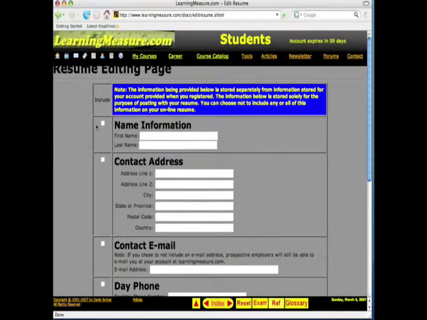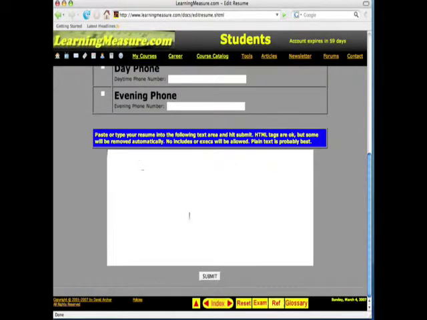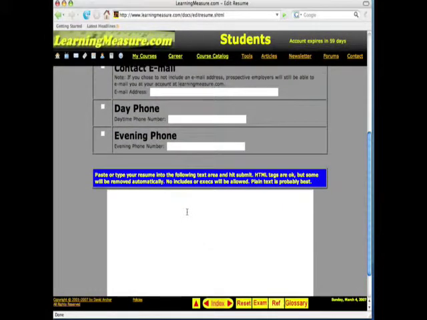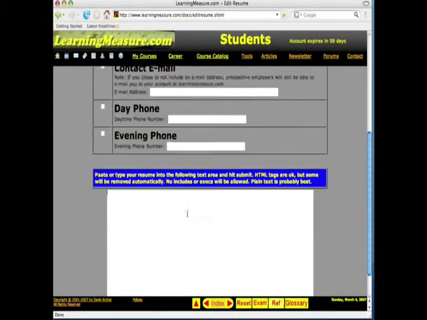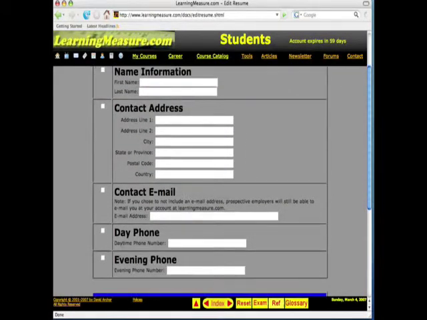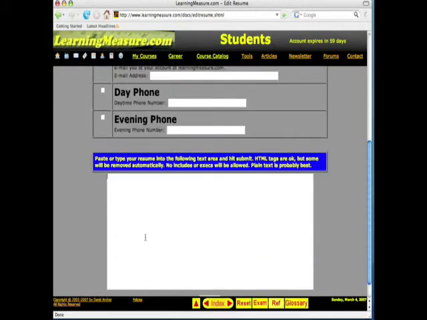Now, everything you click here is stuff that's included in your resume. And then this very last field is a large text box for putting in your resume. You can enter some limited HTML tags, but a lot of them are stripped out automatically because we don't want any monkey business going on with people posting their resume. Okay, and then you could put in, like you say, all this contact information. If you don't want it visible to everybody, just don't click on here, and then don't put it in here.